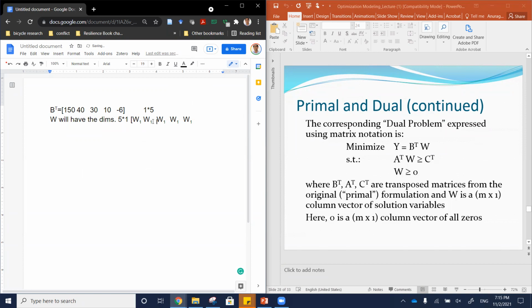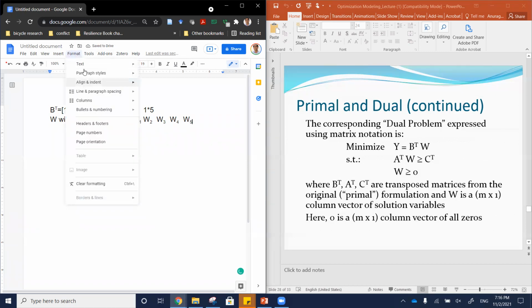Okay, and they won't all be W1, obviously. They're going to be W2, W3, W4, and W5. So this will be your dimensions, where I'm going to say, okay, so these are,